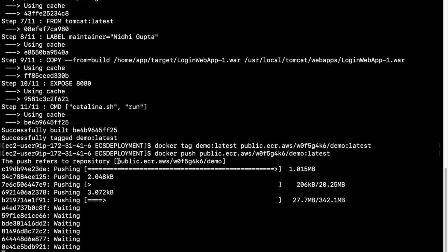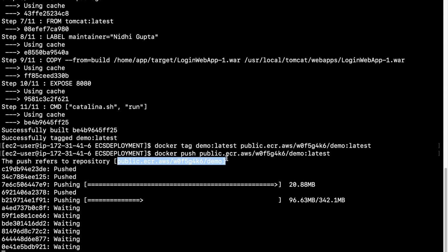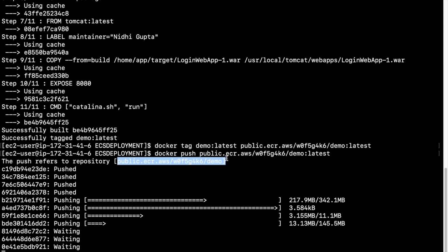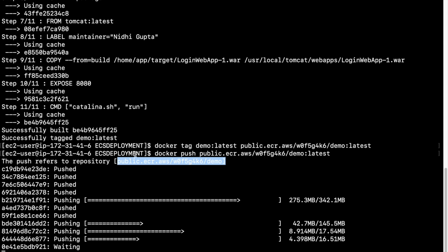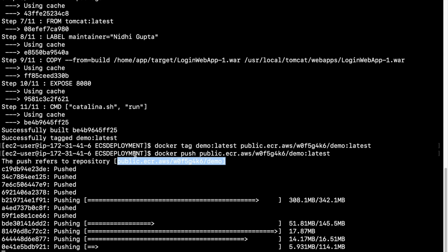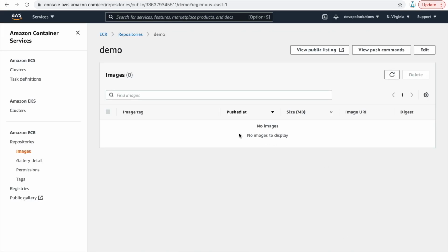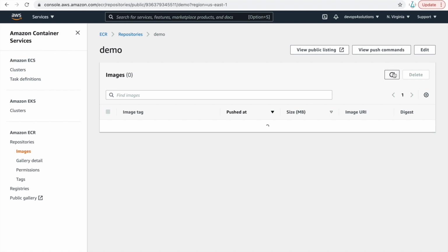Okay. So here you can see that it is pushing to the ECR repository, and it is taking the credentials because you have configured them in your AWS credentials. Whatever credentials you have configured, make sure that they have proper access or proper rights. If you don't do that, you will see an authentication failure as soon as you do the push or try to log in, because it will not be able to find any credentials. Okay. So this is how you can push your images to the ECR repository.